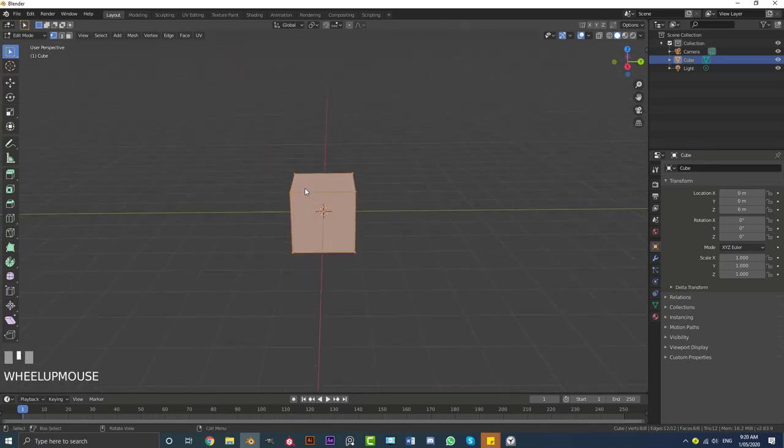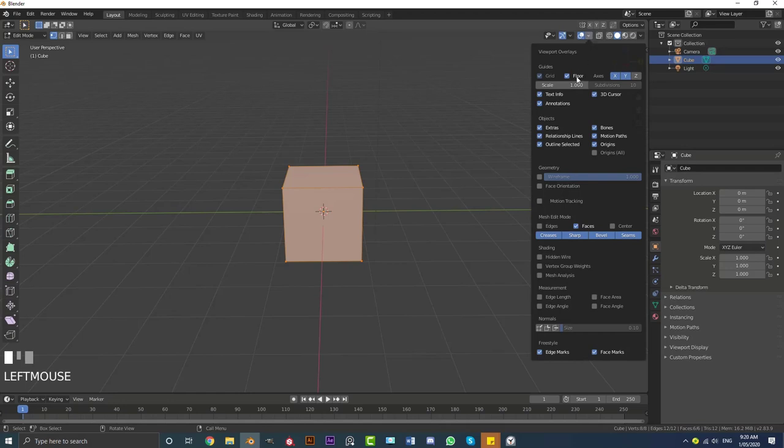Now if you're in edit mode and you have an object, let's go over here, click on this tab, go down, and you're going to see over here in the viewport overlays there's an option called measurements. And over here you can enable edge length. You can also enable edge angle, and if you want to work with area and face angle, you can enable them as well. But for now, I'm just going to untick these and just have the edge